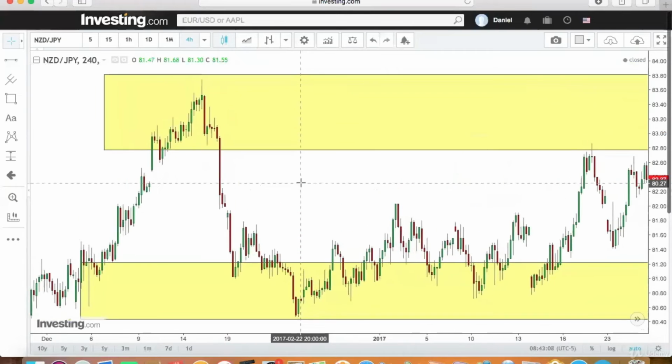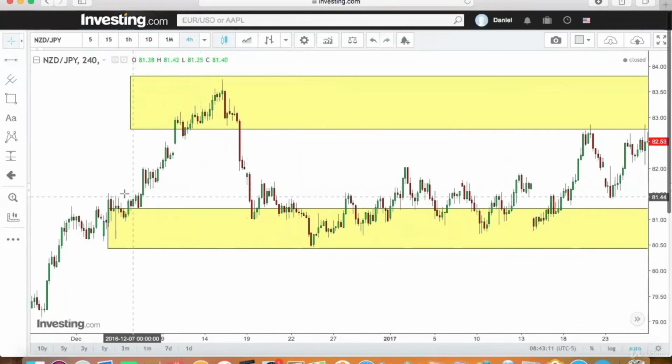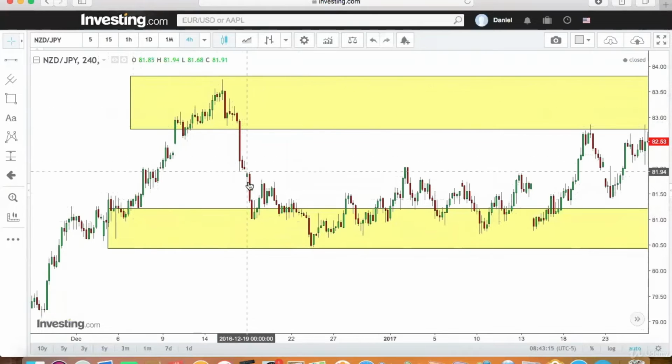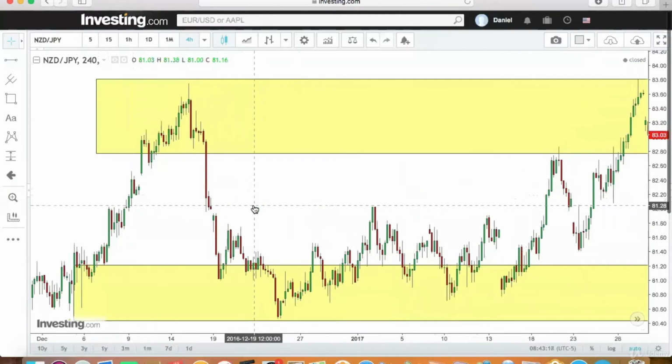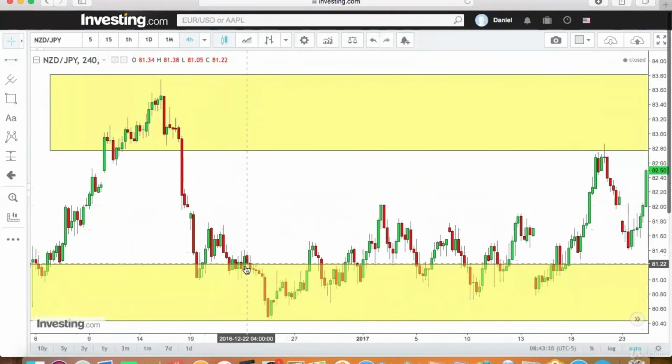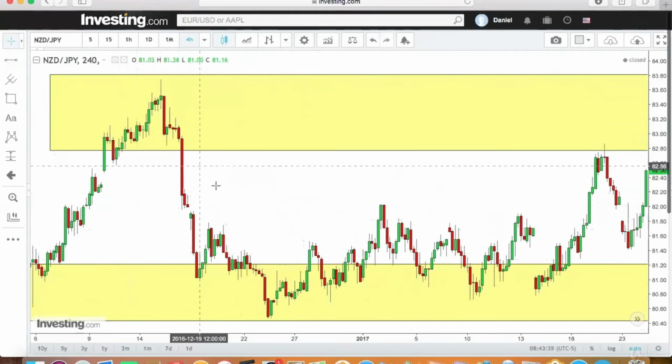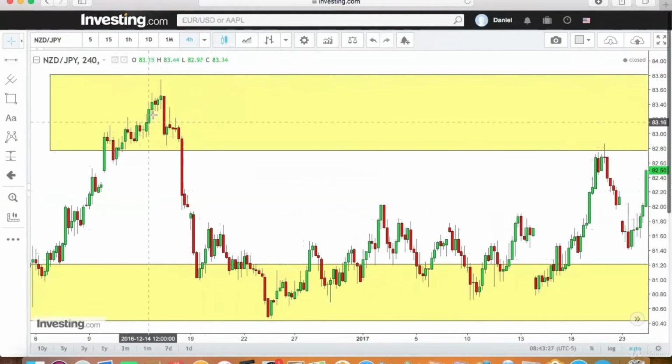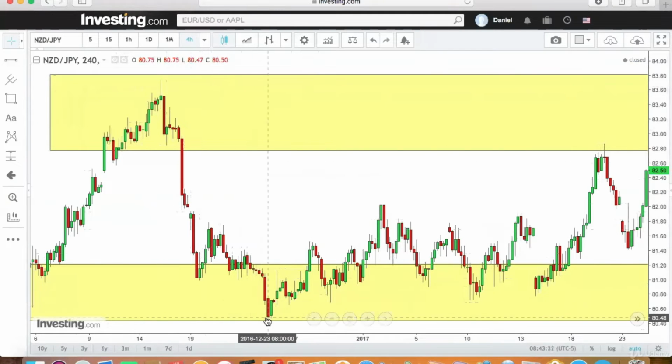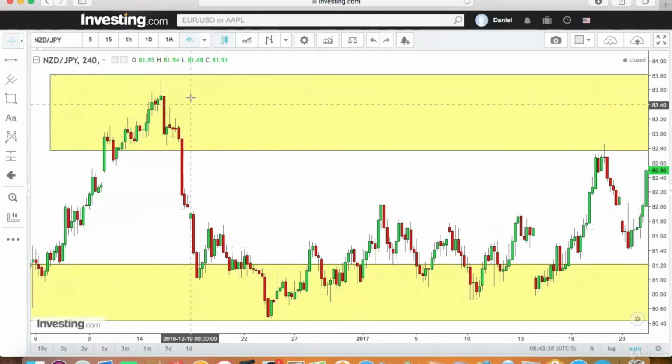So here you have your price action and you have your price action zones. You can see that price respected each one of these zones. Price channels throughout these zones in order to find your highs and your lows in the market. So having hard support and resistance, such as here,